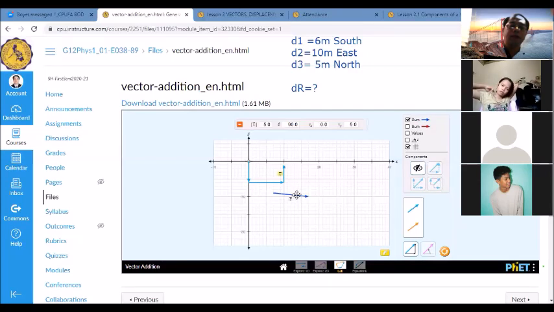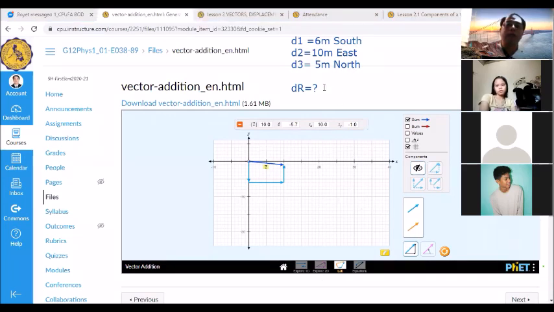The length of my vector now, if I'm going to click this, it will be displayed here. I'll drag it over here, and you'll notice that it will exactly fit the last side. So its angle is negative 5.7 degrees. Its length is 10. So therefore, I will say that my DR now